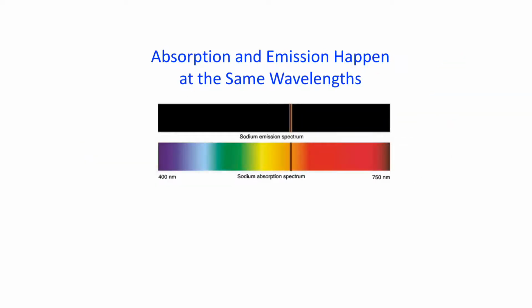Okay, so looking back at our absorption and emission spectra here, our dark line and our bright line spectra, we can illustrate what's going on in terms of Planck's idea of quantized energy levels. So what's happening is we have one energy level. We'll call that energy level 1. We'll call this energy level 2. For a given molecule, in this case we have a picture here of the sodium emission and absorption spectra, what's happening that gives rise to those lines is for absorption,